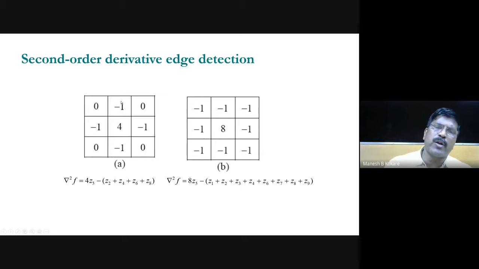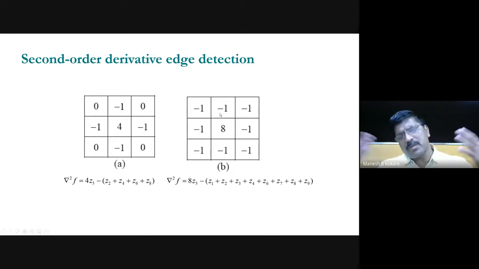So you know that the total weight must be equal to 0, or the summation of total coefficients must be equal to 0. So that's why here 4 is considered. Now here 8 coefficients, 8 neighboring pixels are considered, which will be subtracted from the central one. So here this value is 8, and then these values are -1. So you can change it also, for example, if you take it as -2, then this should be equal to 16 or something like that, -2, -2, and so on.